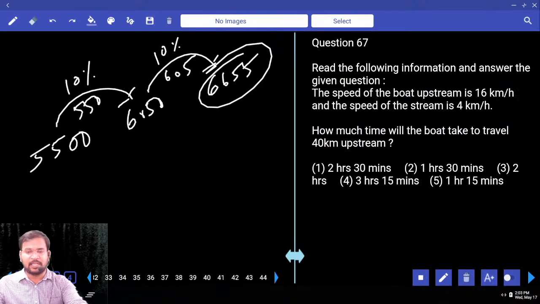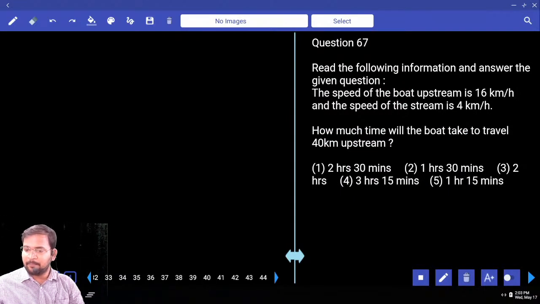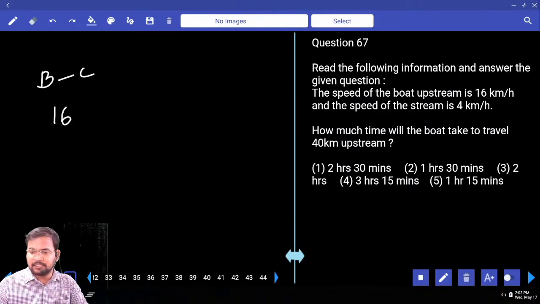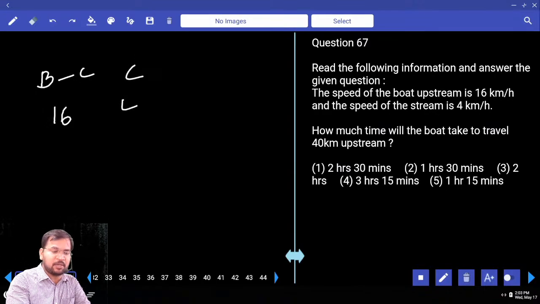Read the following data. Okay. Speed of the boat in upstream is what? 16. And upstream is nothing but B minus C. B minus C is what? 16. Speed of the stream is C. C is equal to what? Then B is equal to 20. Then B plus C is equal to,